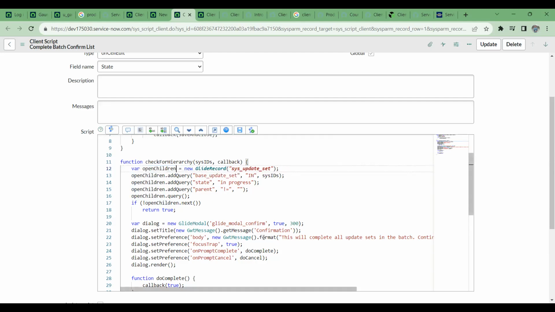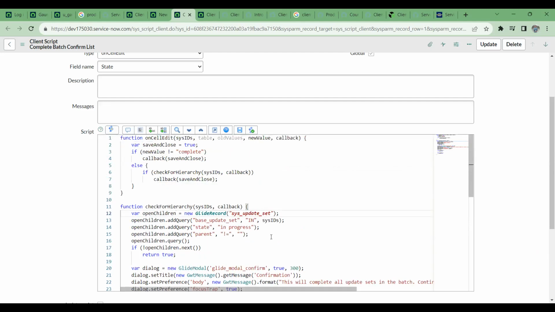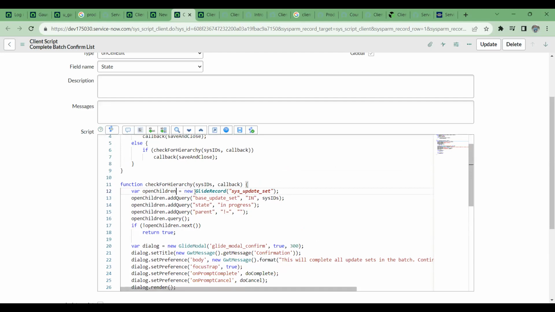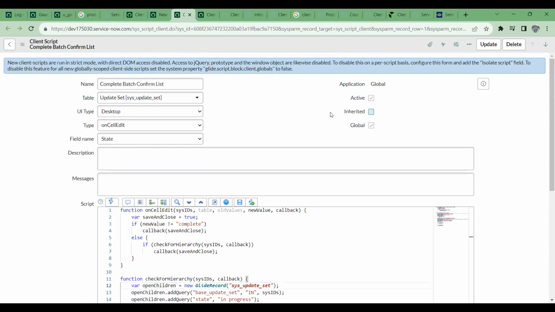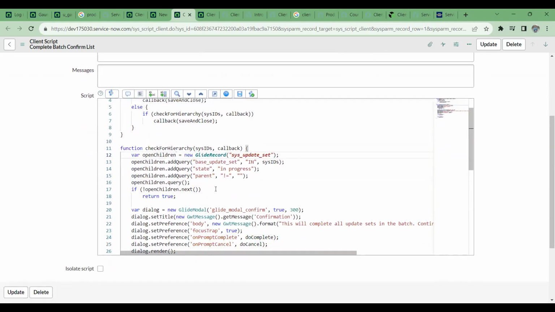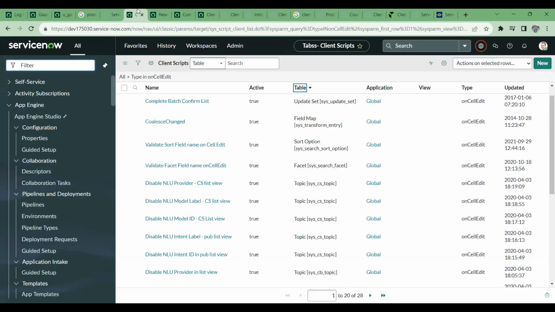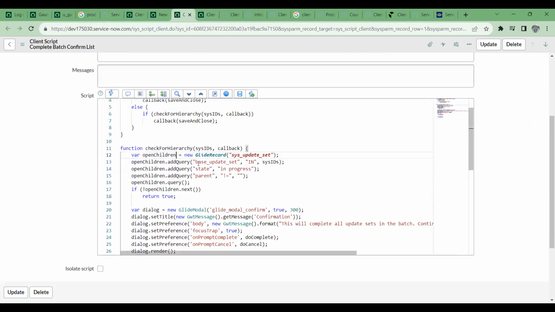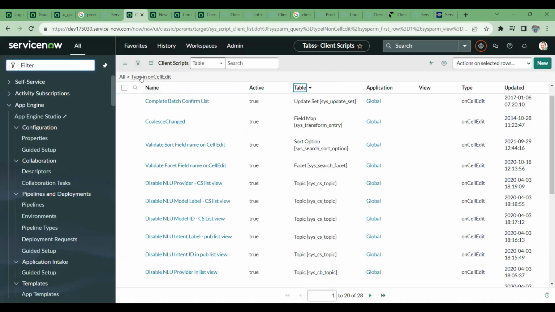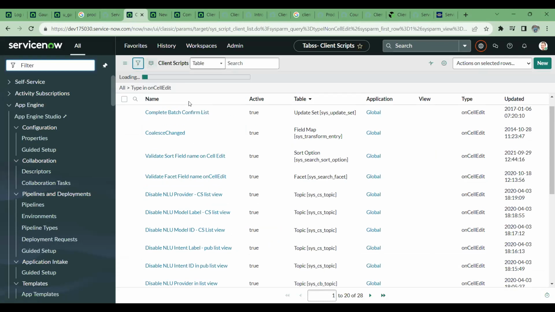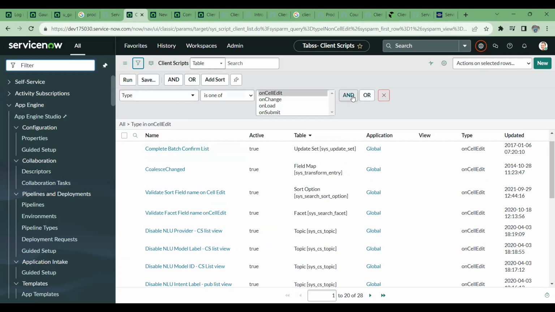So this is the add query. This is the add query in new glide record. I'm just taking the example of an out of box script. Add query means it's kind of filtering the data, you're putting the filter. It's a kind of we are putting the filters. Let's say we are saying that it's this and